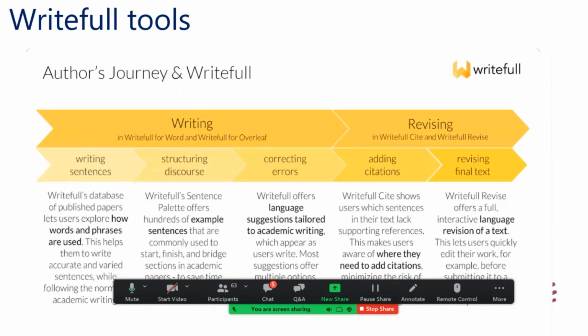There's the aspect where you are writing your script. And this is where Writeful can also give you sentences and phrases that could help you or improve your sentence to be much more formal. And then it will also assist you in terms of structuring your